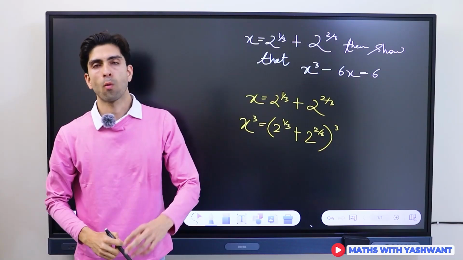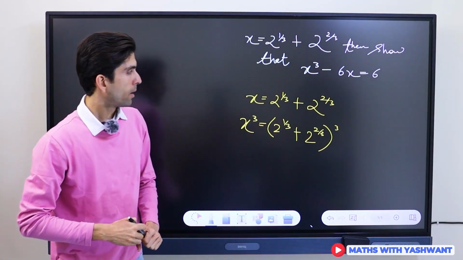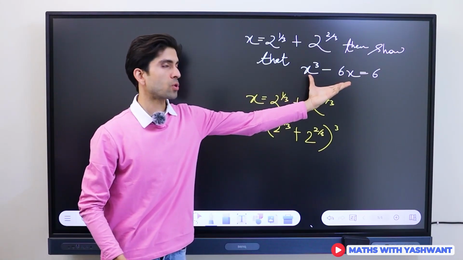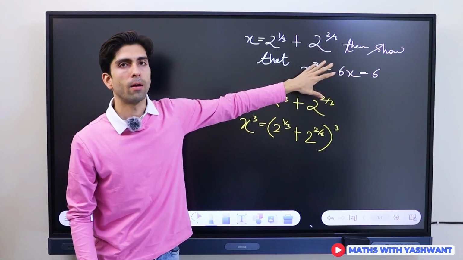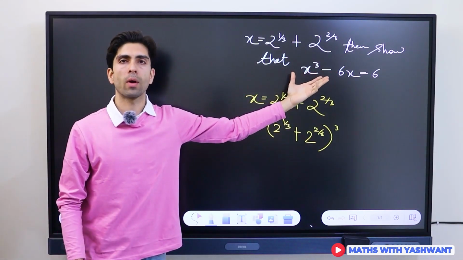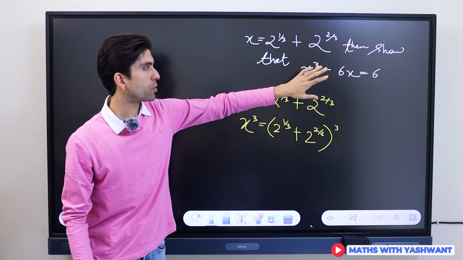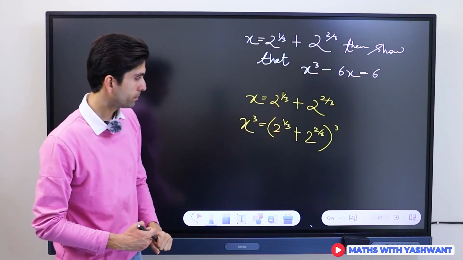Now many of you might be wondering, how do I get the idea of cubing both sides? Well, you see in the expression that we have to prove, we see x cube. So somehow we can think of cubing, because in what other way can we generate x cube? So for generating x cube, you'll have to cube both sides of the equality, right? And